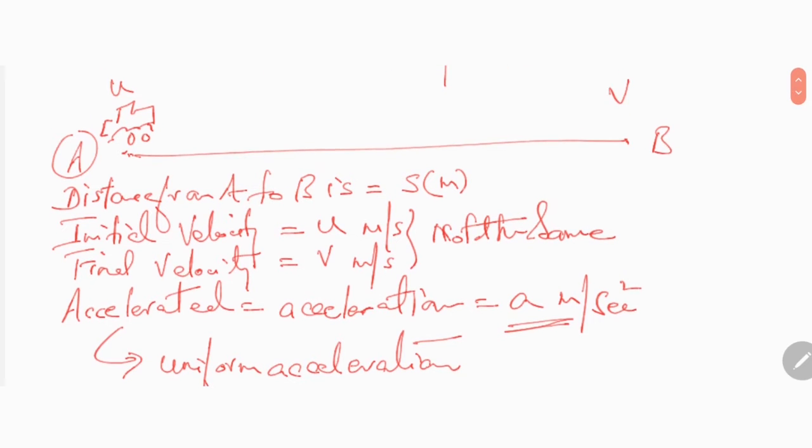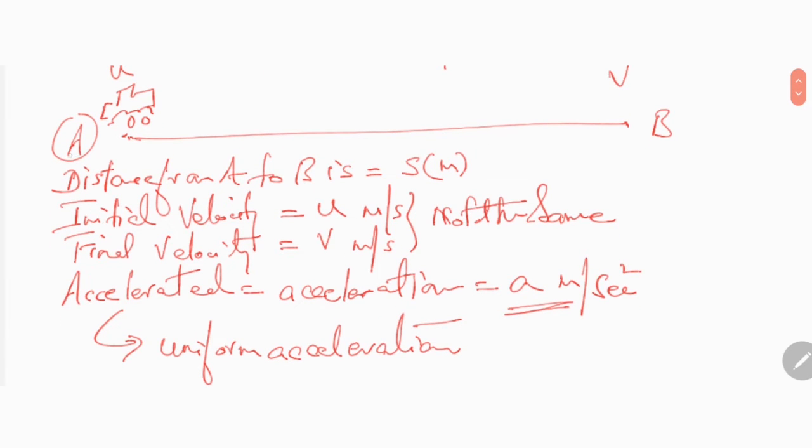So we have set it all up now. Clear? We have our car here. It's moving from station A to station B. It's covering a distance of s meters. Its initial velocity is u. Its final velocity is v as it gets to its destination, and it has a uniform acceleration during its travel, which is a meters per second square.